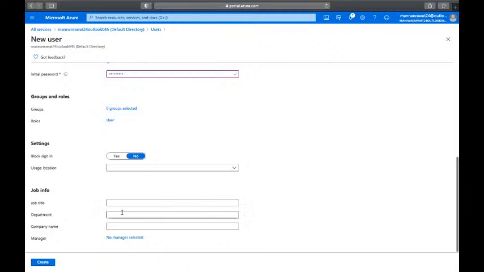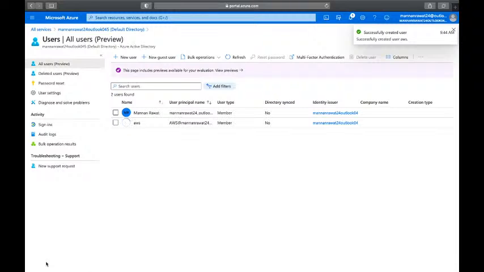If you want to fill in some information like job title, department, company name, and all, you can do that. So just click create, simple. Now we successfully created our user with the name AWS, and now you can use this particular user to log in